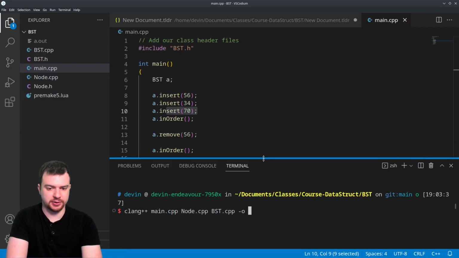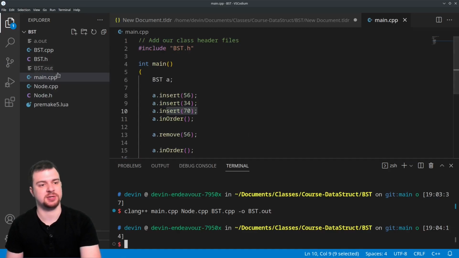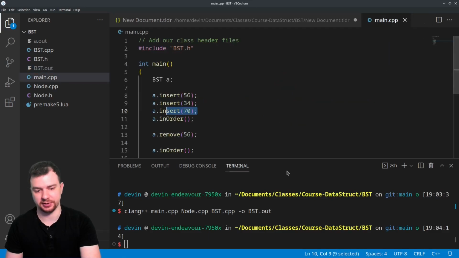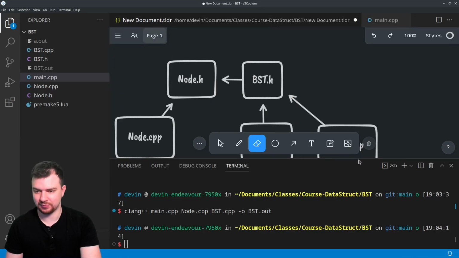This is going to be, let's just do bst.out because I can't think of anything more to script. Now you can see we have an executable file of bst.out. So it's just a binary file, so you can't display it or anything, but we've compiled it. So essentially, if we look back here and we go back to page 1 real quick,